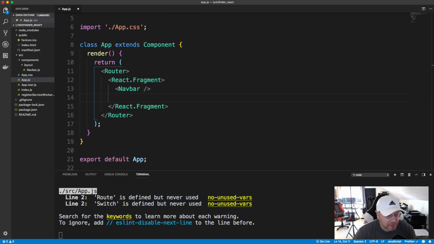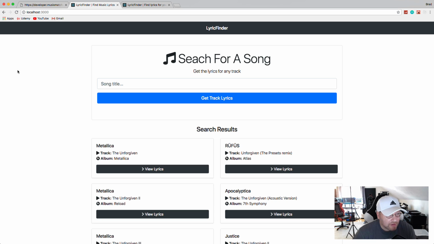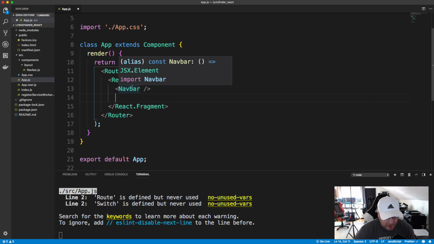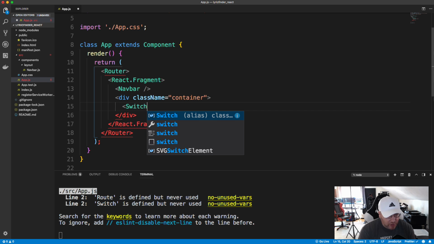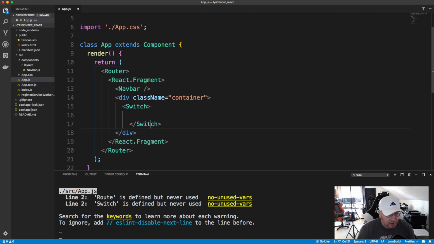Everything that shows up under the navbar needs to be in a container. You see how everything is pushed over in the middle. If we don't use a container, it's going to spread all the way out to here, and we don't want that. So let's go ahead and put a container class, just a Bootstrap class, and then we're going to put in a switch to surround all of our routes. All right, so we'll do that, and then to create